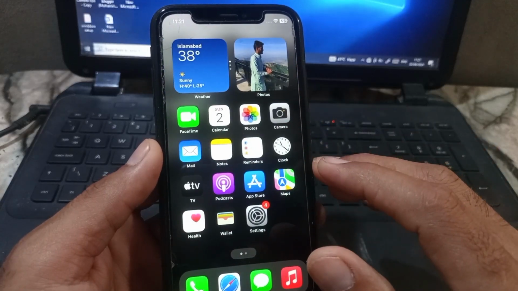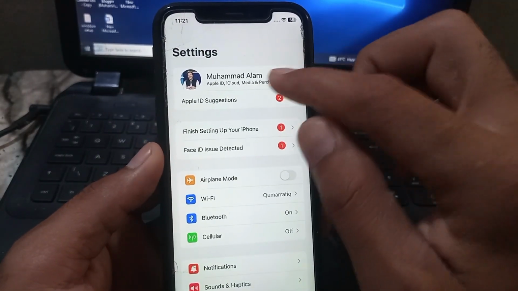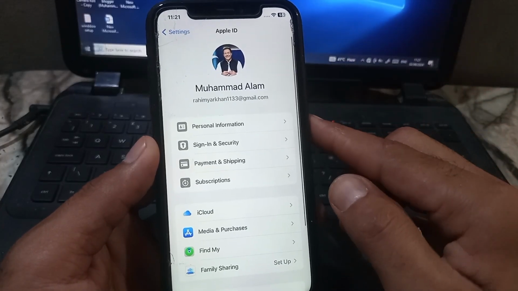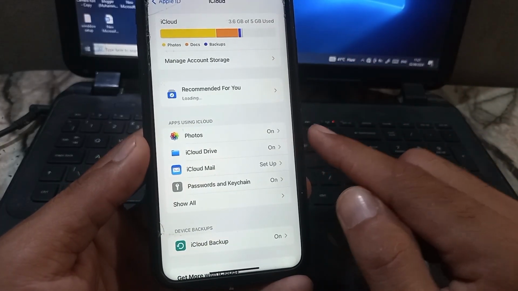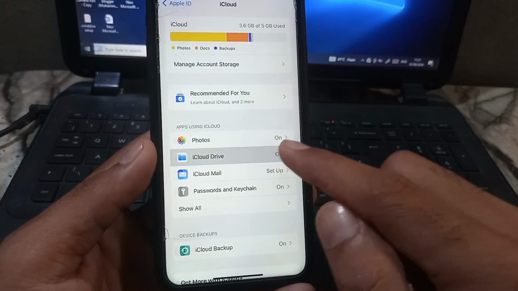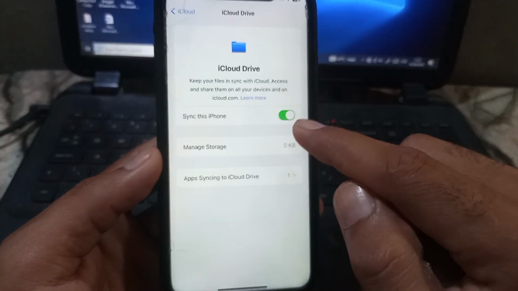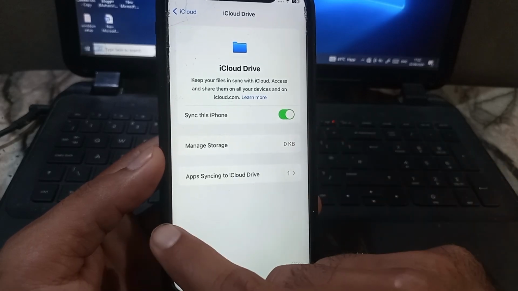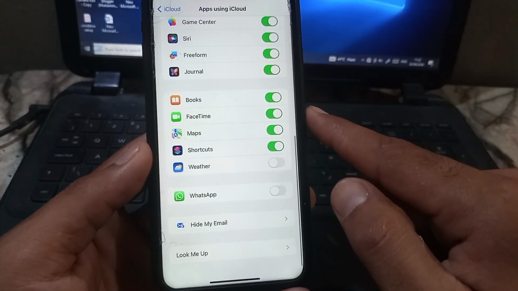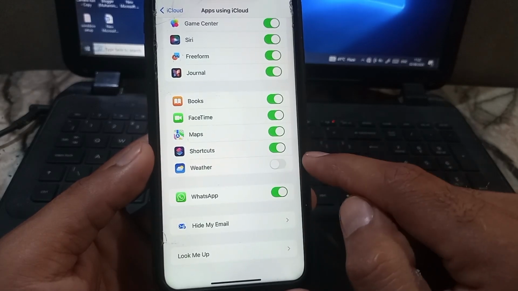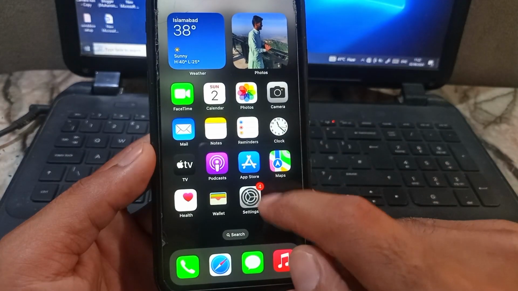Open the Settings application that appears on screen, tap on your Apple ID name, and now tap on iCloud. Here's the interface, guys. Simply tap on iCloud Drive and make sure iCloud Drive is turned on from here, and now go back from here and tap on Show All. Now scroll down and turn on the WhatsApp feature from here. So guys, simply close this window and open the WhatsApp application,